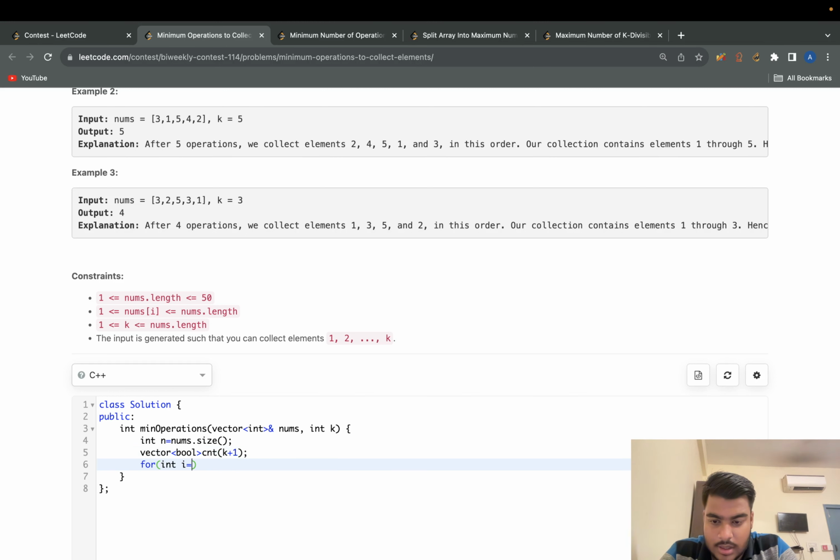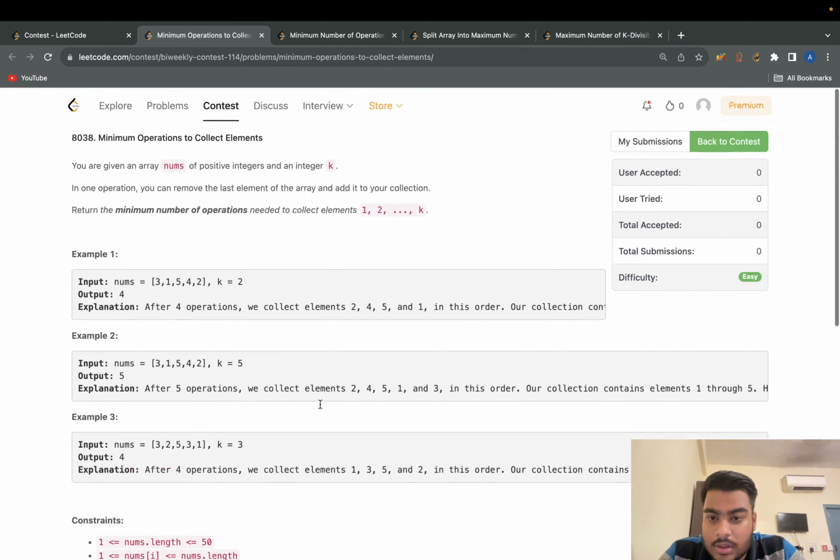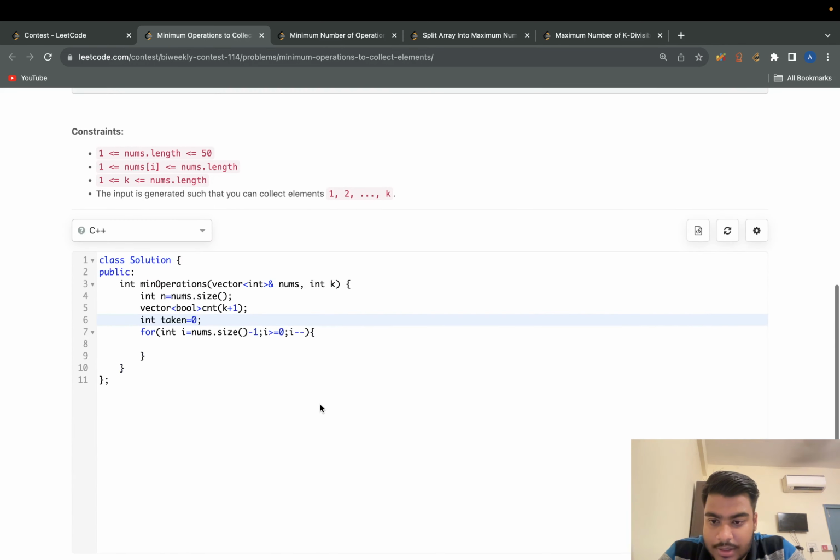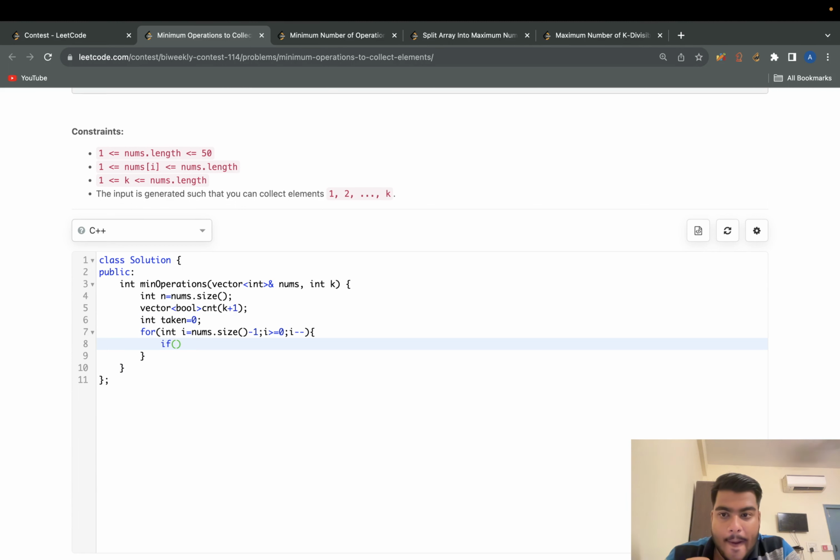For int i equals nums.size() minus 1, going down to 0. int taken equals 0, right? We need to collect elements 1 to k. So if nums of i is greater than or equal to 1 and less than or equal to k,